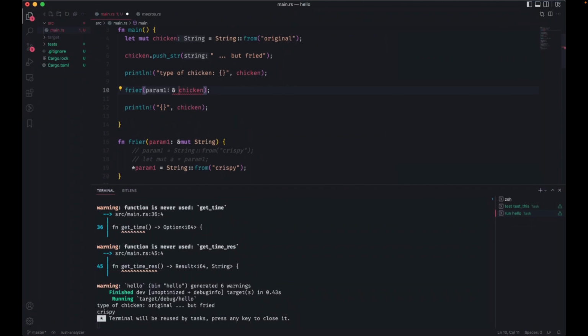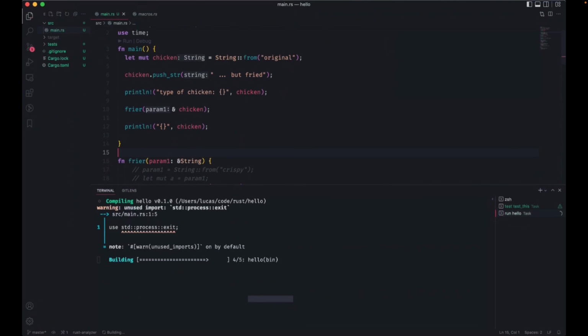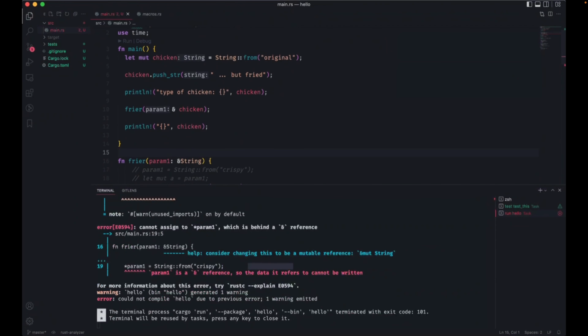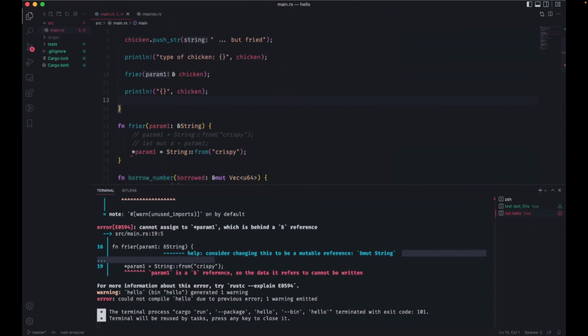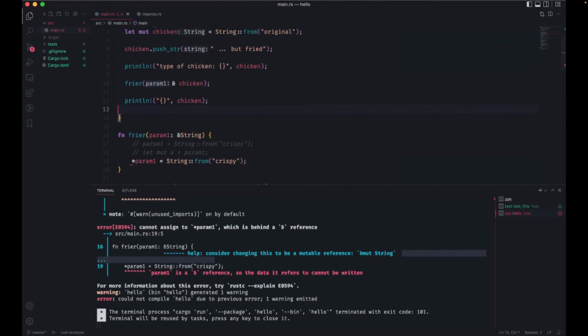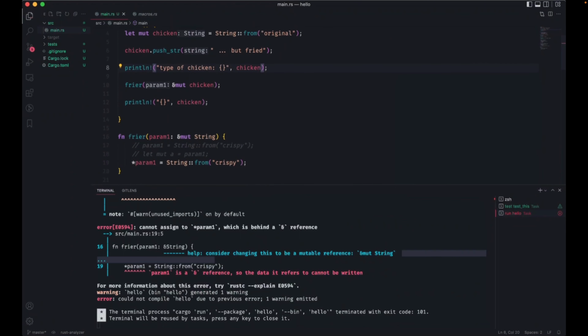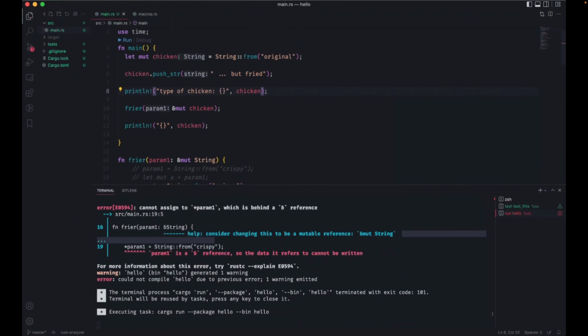If this were not mutable, let me just double check my understanding of this. Yeah, this should fail because I'm not allowed to mutate it at all. The compiler knows you're trying to dereference this thing and it looks like you want to change it, but you're not allowed to dereference and change a thing if you haven't made it mutable. So don't even try it.